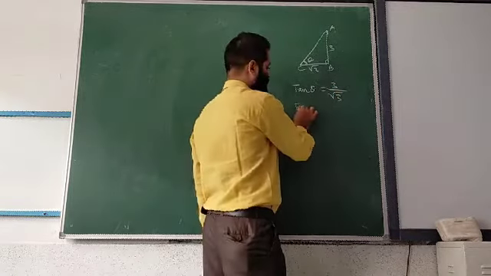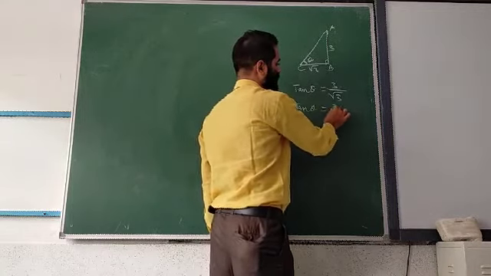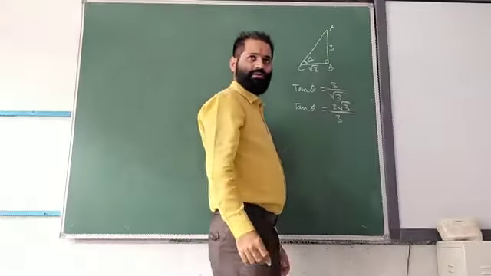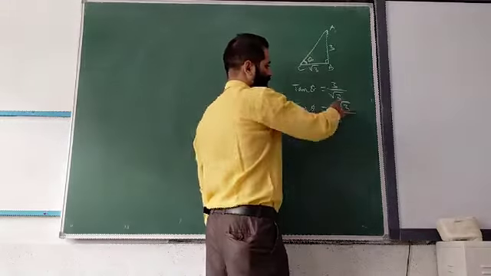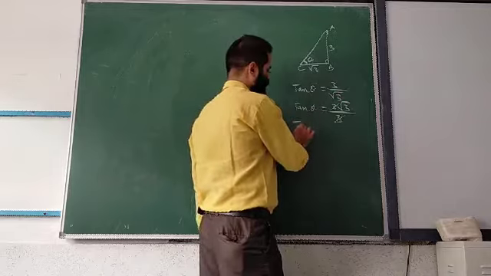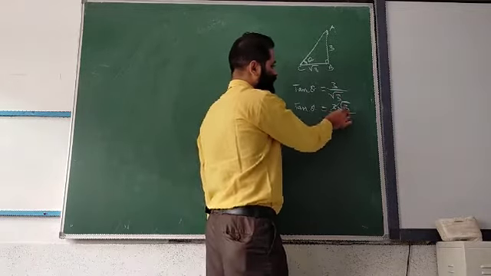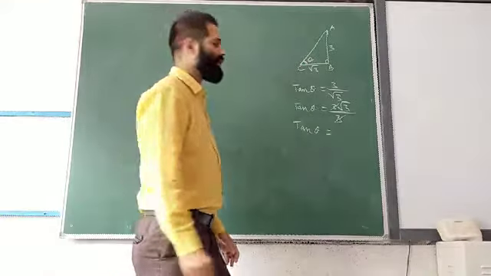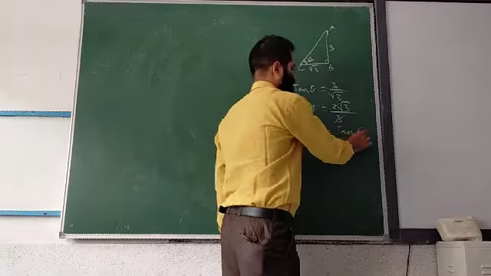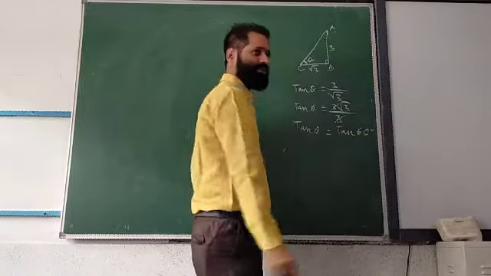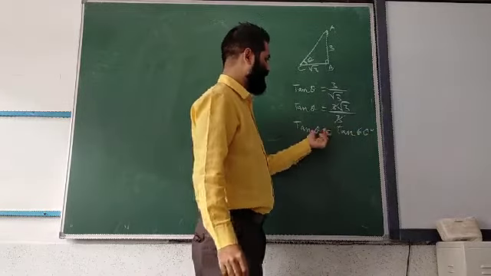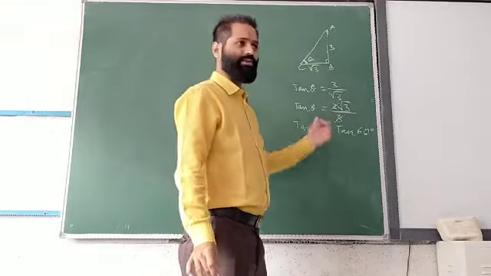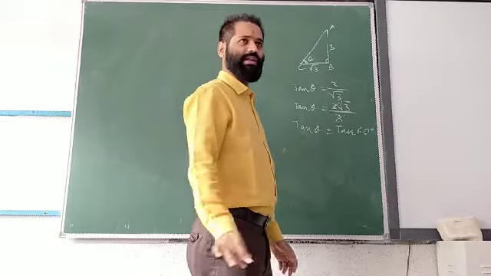Okay? Now this can be written as tan theta equals to 3 root 3 by 3. After rationalizing, we got this. This is cancelled. Now tan theta equals to root 3. Now we know that for what value of tan it is root 3? 60. So this is tan 60 degree. Now you know that LHS is always equal to RHS. So tan is tan, theta is 60. That's all. Understood? So this way you can find the angle. Am I clear? Yes.